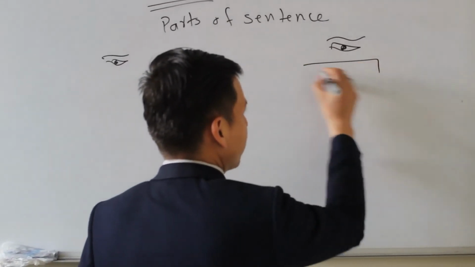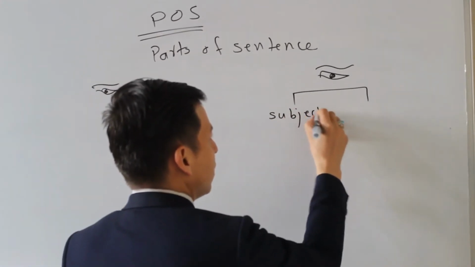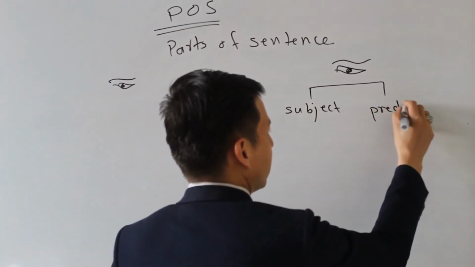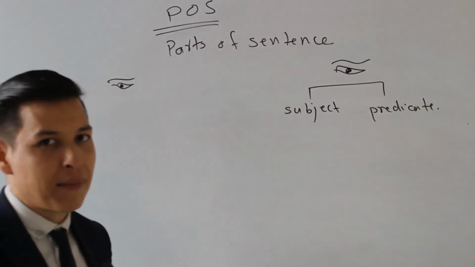We classify parts of sentence into two parts. We have subject and we have predicate. Subject and predicate،